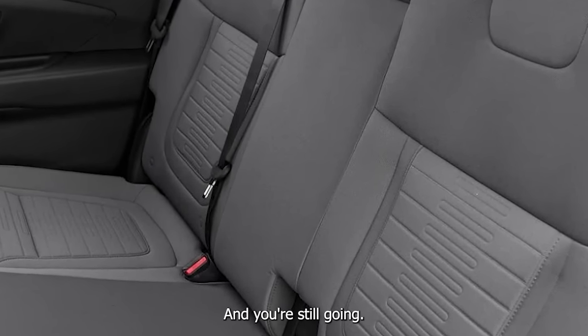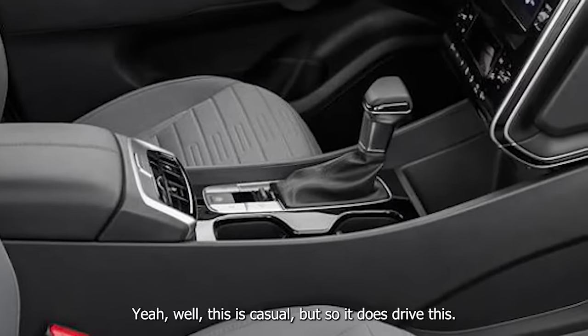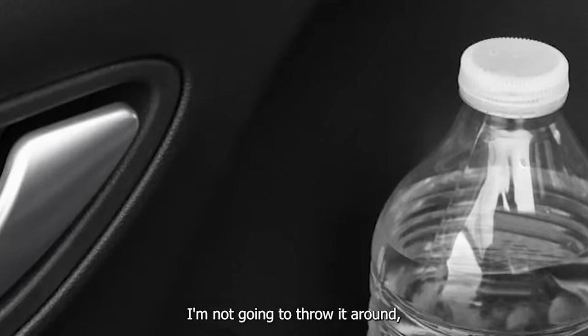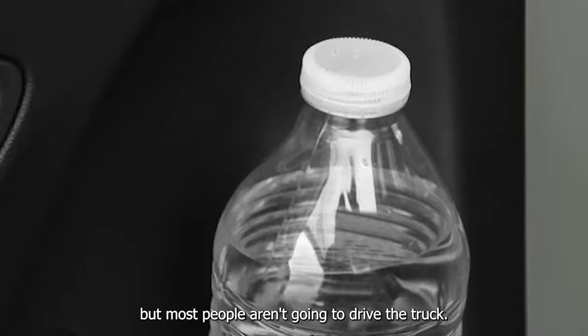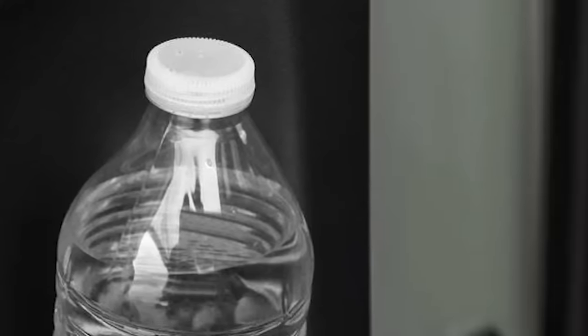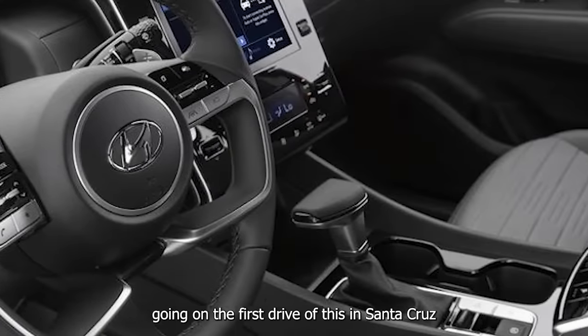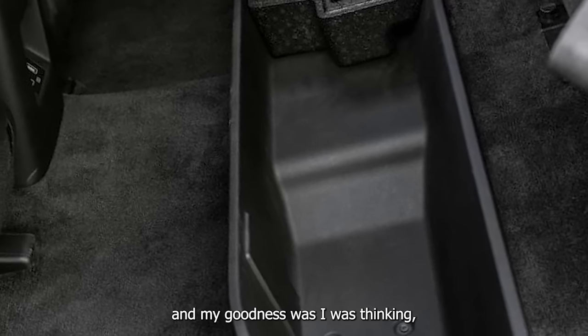Okay. And you're still going. Yeah, well, this is casual, but it does drive this. I'm not going to throw it around, but most people aren't going to drive the truck. No. I do remember going on the first drive of this in Santa Cruz, and my goodness, I was thinking,